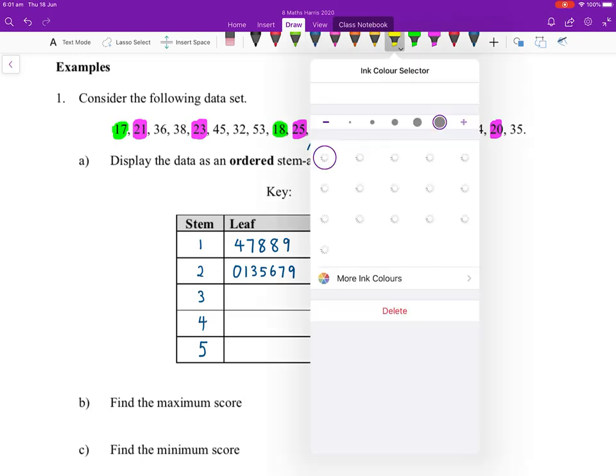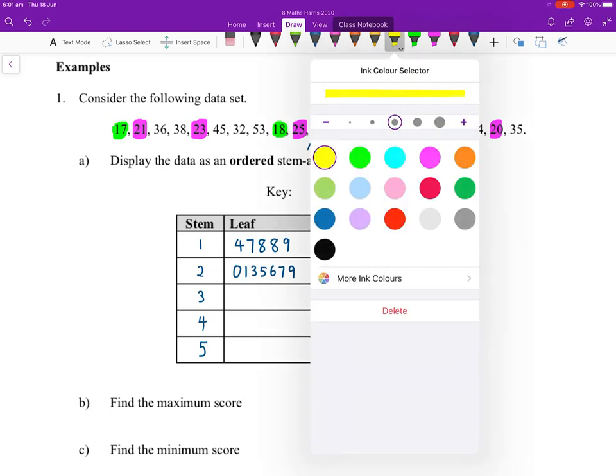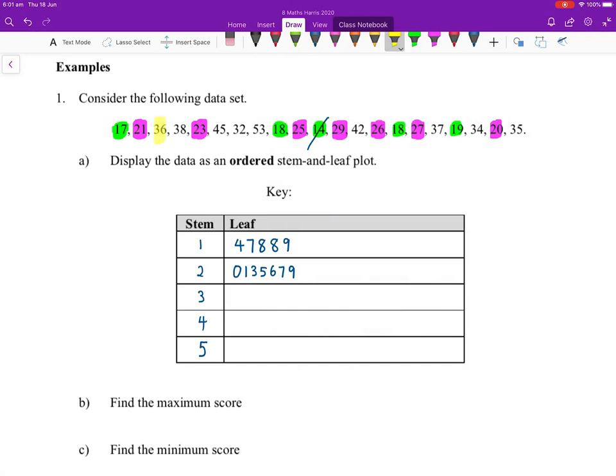Now let's have a look at our 3s. So all the numbers that start with a 3, I'll put in yellow here. There's all the numbers that start with a 3. Now, of all of those numbers, the smallest number is a 32. So in the stem row that starts with 3, I'll put a 2. That represents the 32. The next smallest number is a 34, so I'm going to put a 4 here, a